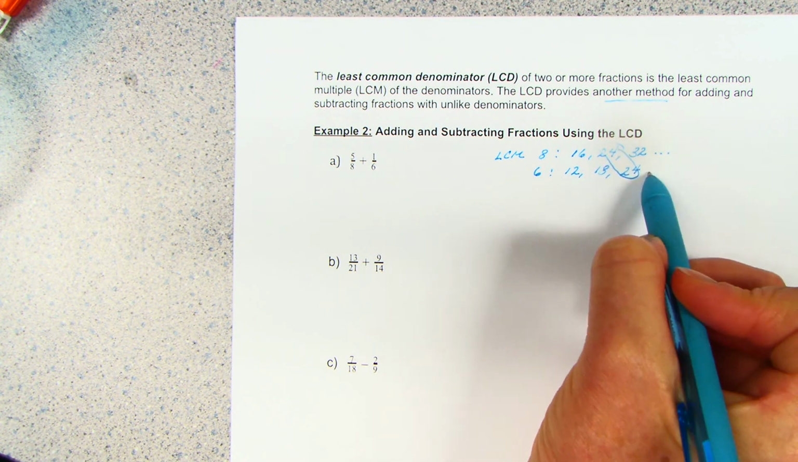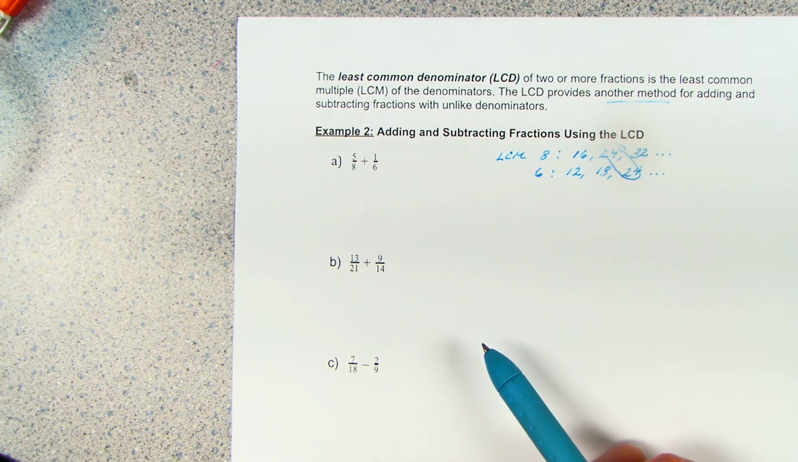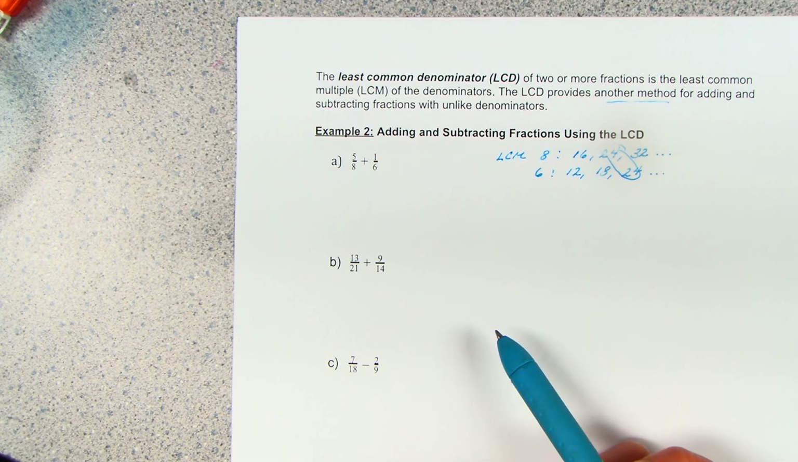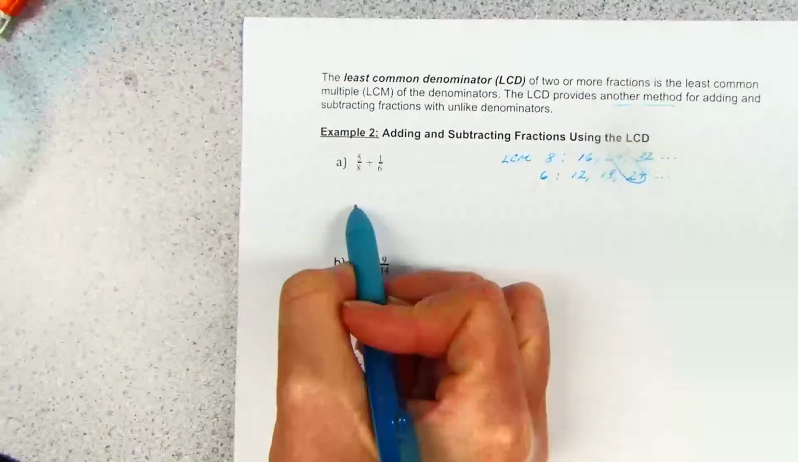is the LCD. Right? So the LCM, least common multiple, and the LCD, the least common denominator, are the same thing. It's just different ways of saying the same thing. So now I can use 24